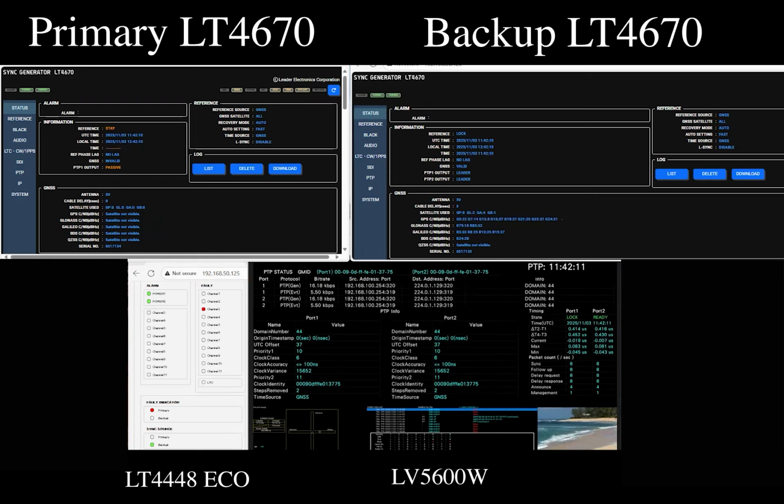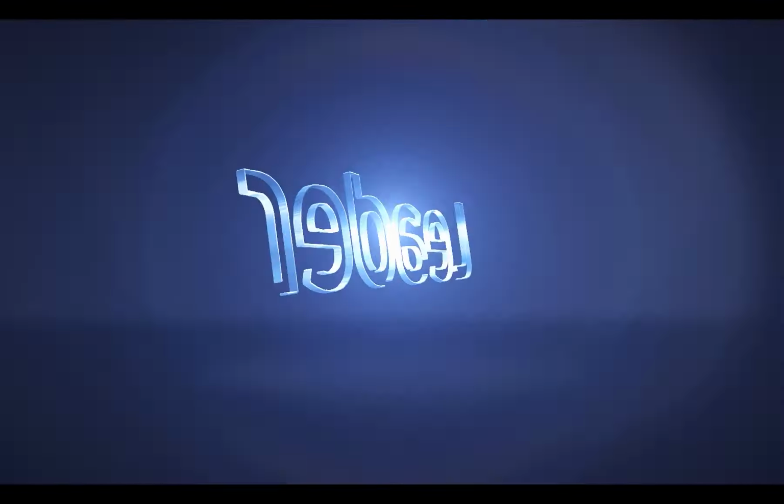And all this happened automatically, thus ensuring that your traditional black and burst, tri-level sync, SDI and digital audio references and PTP continue to come from the same LT4670, so there is no reference mismatch on your system.